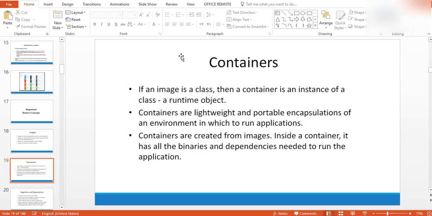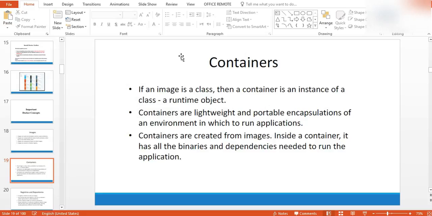Containers are a lightweight and portable encapsulation of an environment in which you run the application. For example, in the traditional way, if I want to install Tomcat again, it's already installed, and installing it again is going to take some time. But here it will be in a matter of seconds. You are able to entirely encapsulate, entirely replicate one image to another image, and each of those will work independently. There will be no dependency on the previous image. So child image, father image, all that stuff will go away. We'll show you how we can do that.